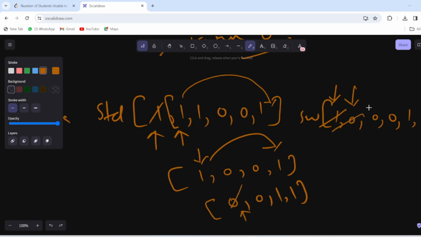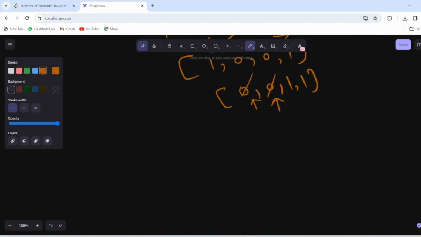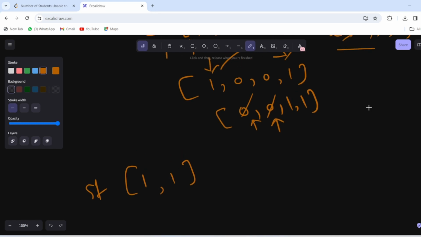Pop this, move out and go for the other one. Yes, the preference matches, so pop this one from the sandwich and move off this student. So now the student array is 1 and 1. Wait. Okay, so this student will also go back, so we have one more because this student has gone to the back of the queue.